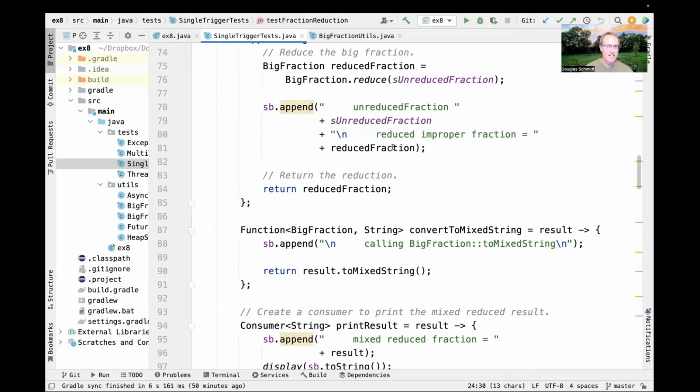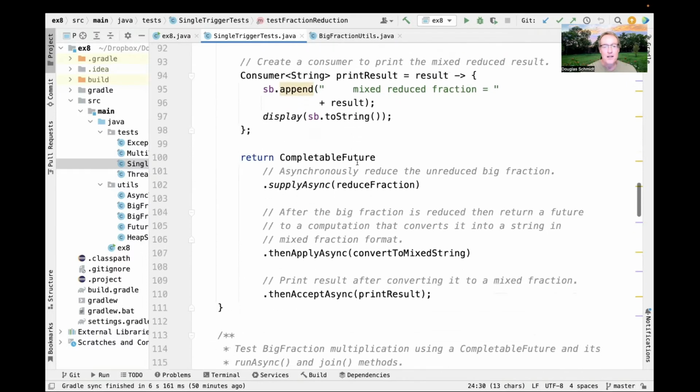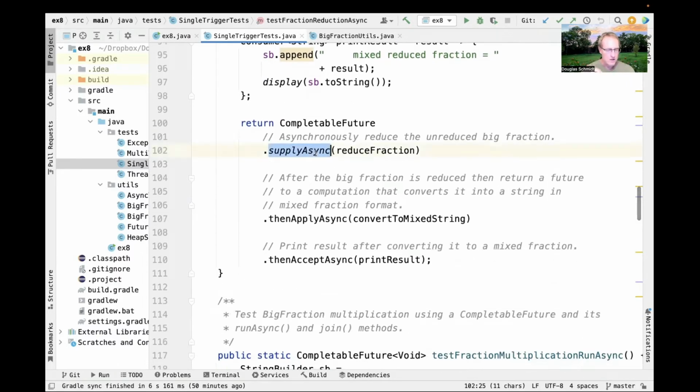In fact, I should probably refactor this code to make it cleaner. But this is the same logic we did before, except this time we call supply async like we did before. But now we're going to apply different kinds of completion stage methods. And these completion stage methods arrange to run the computation in potentially a different thread than they completed in the